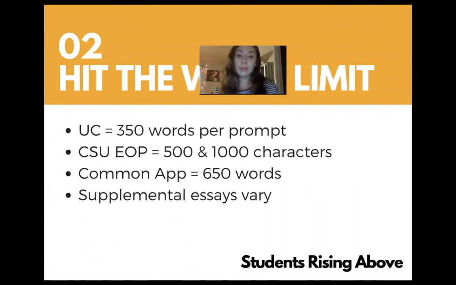Okay, the other really important thing to do is hit the word limit. For the UC Personal Insight questions, you have 350 words per prompt. You have 4 prompts that you have to answer, and each one should get to 350 words. I think it's best to start at like 400 or even 500 and cut down. If you're only at 200 words or below that, you need to add